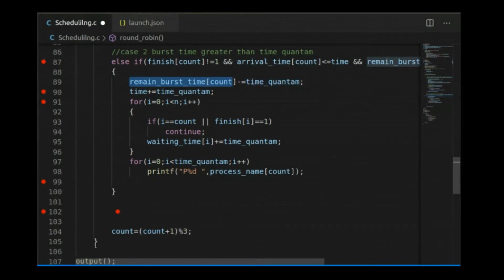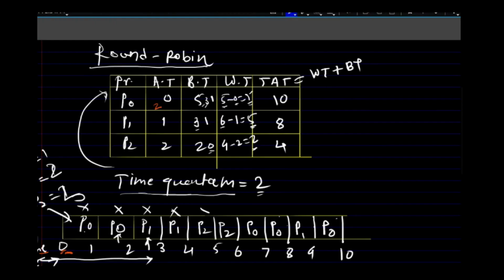So if the burst time of process P0 is 5, and if it is executed for 2 units of time, that means time quantum equals 2, then its remaining burst time will be 3. So how is the remaining burst time 3? It is equal to burst time minus time quantum.